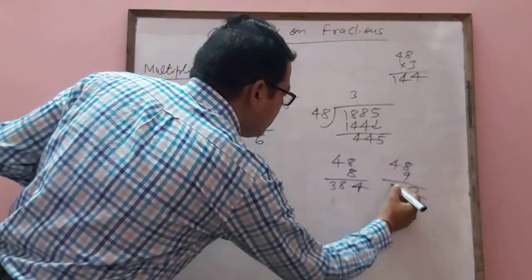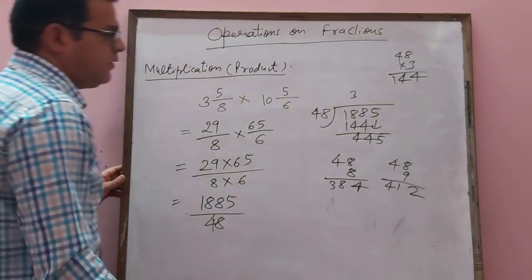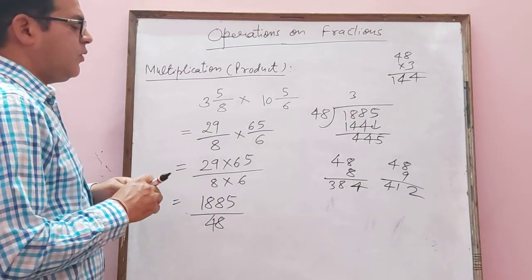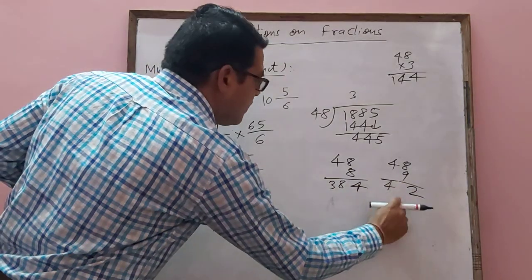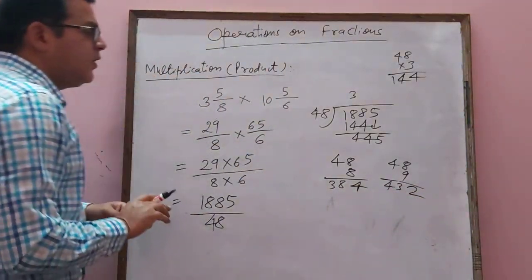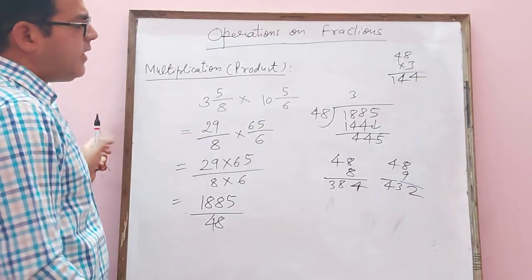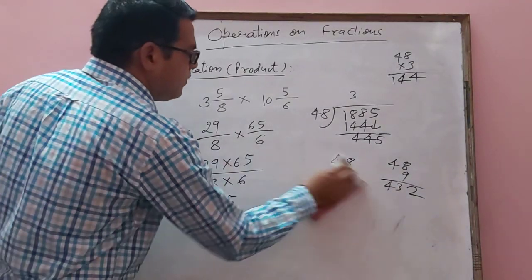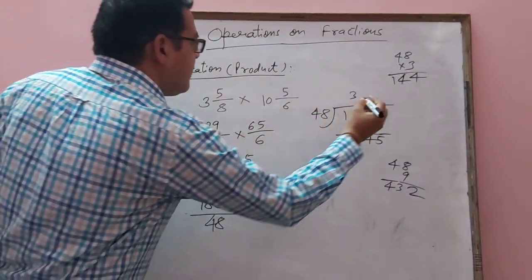Sorry, 36 and 7. It is 43. So we can write it. It means 9 times it will go. Right? So 9 times